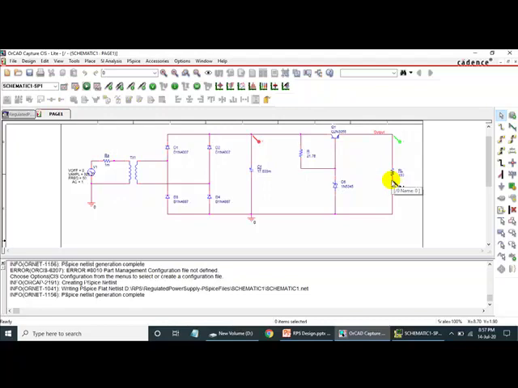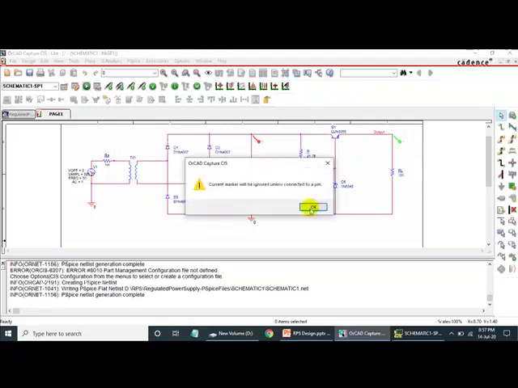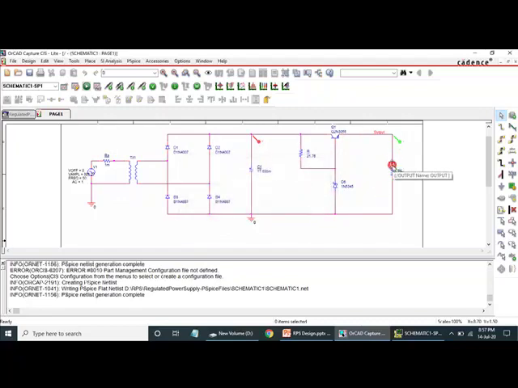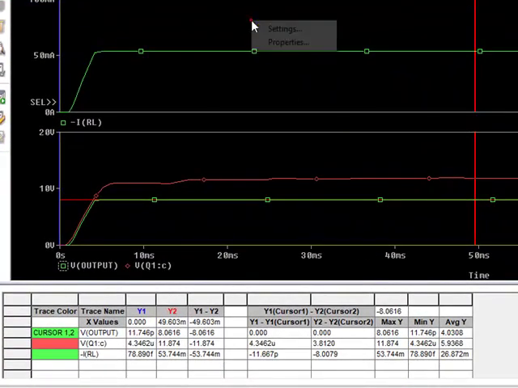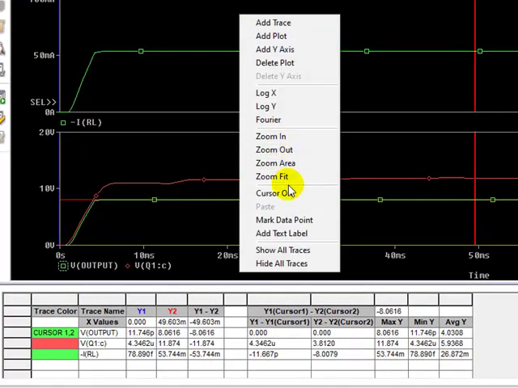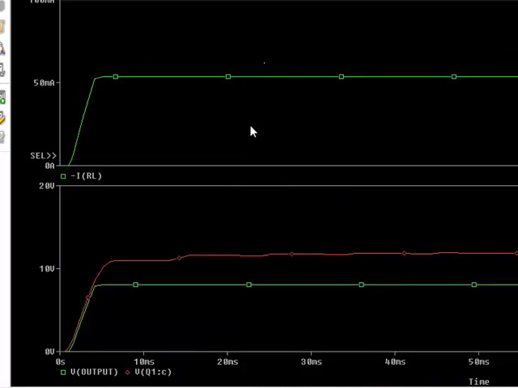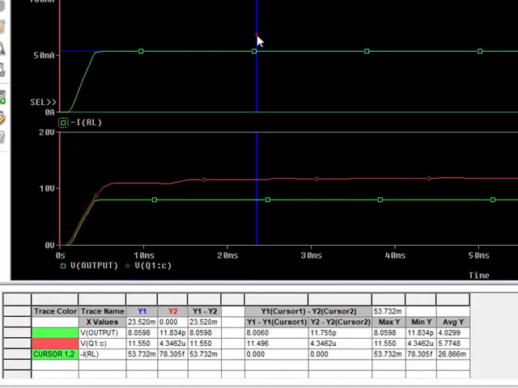Otherwise you'll get all the negative values. So I'll place it somewhere here, pin 2. So please check here. I'll switch on the cursor here, cursor on.